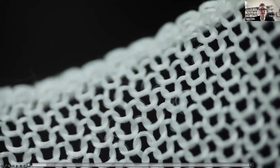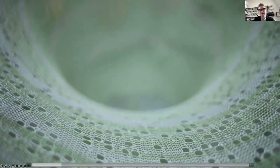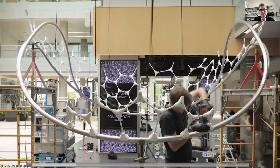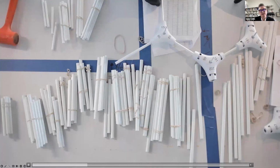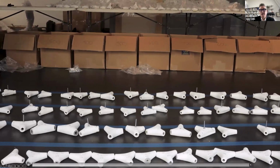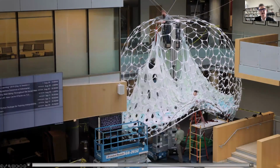In many ways, the spaces and environments that we inhabit influence and feel how we act, right? Our environments affect us. And so working with Microsoft, Ada is driven by individual and collective sentiment data that is collected and housed within the Microsoft Research Building, which is located in their Redmond campus in Washington State in the US. The project is named affectionately after the polymath mathematician, first computer programmer and early innovator of the computer age, Ada Lovelace. And we were interested in how the project could embody performance, material innovation, and ultimately what could be a human-centered or species-centered